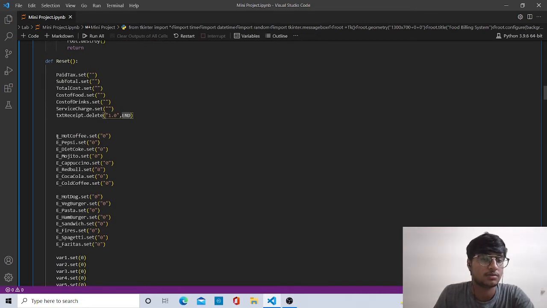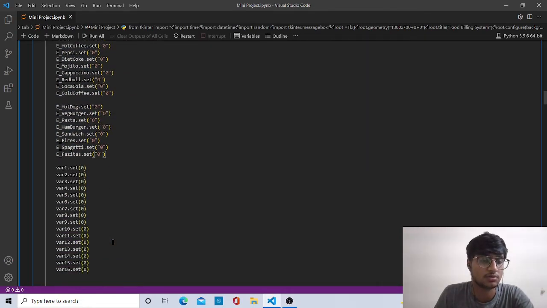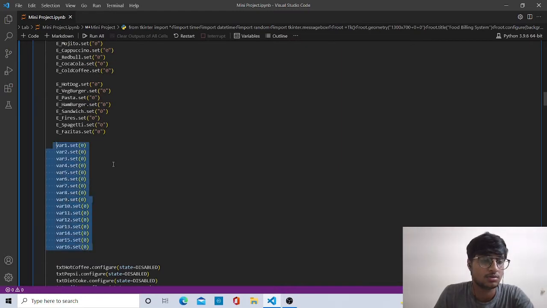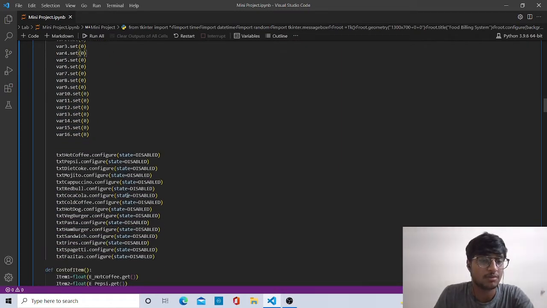Now defining the variables here and setting them to 0. Now the configuration is stated as disabled; we'll see in the output why I have stated it as disabled.